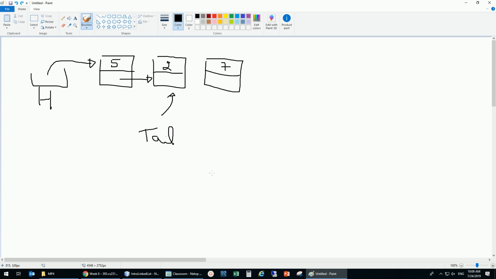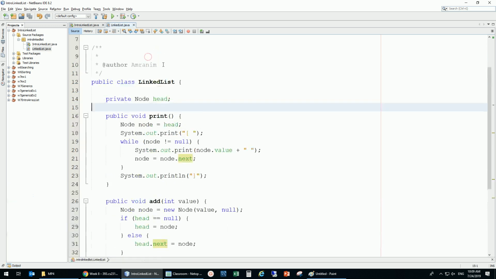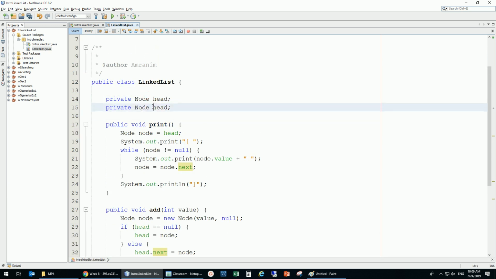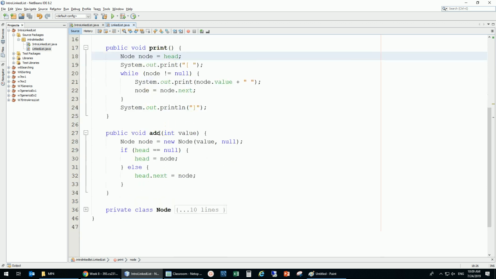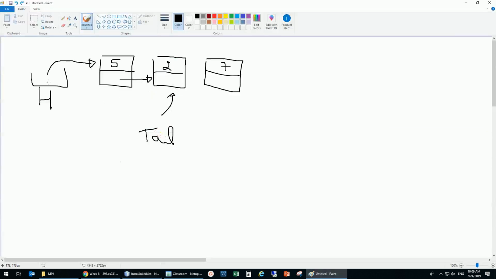Just to make it easy on me, instead of only head, I'll have head and then tail. And in the beginning, the head and tail are going to be null. But when I add the first one